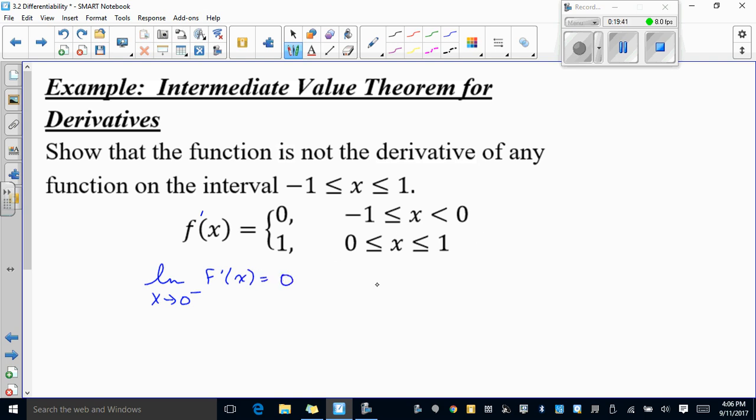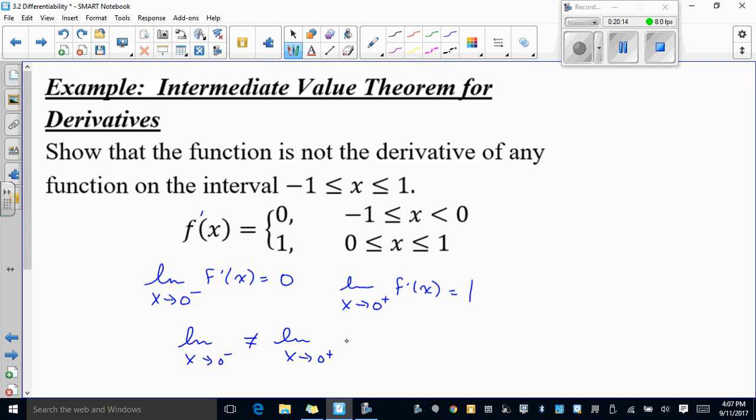And then I go limit as x approaches 0 from the right of f prime, I'm going to get 1. So since the left limit, the limit as x approaches 0 from the left, does not equal the limit as x approaches 0 from the right,